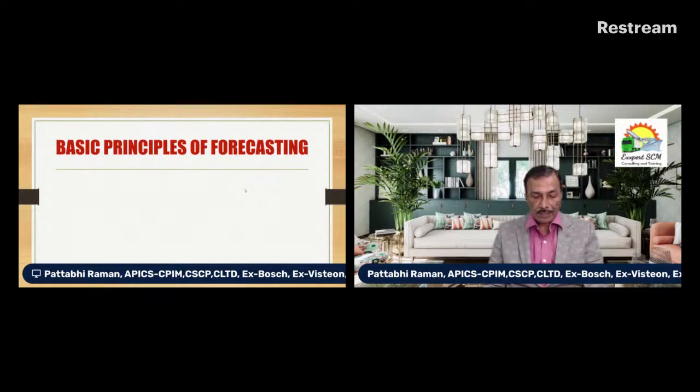Regression, Austin is saying regression. Rohit talks about moving average. I am talking not about the methods of forecasting. I am talking about basic principles of forecasting. If you understand these principles, then the methods become easy. Rahul says better planning. No, that's different. We are talking about some principles which serve as a foundation for a person who is trying to do the forecasting.